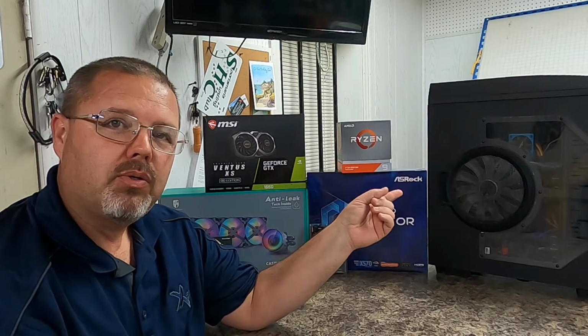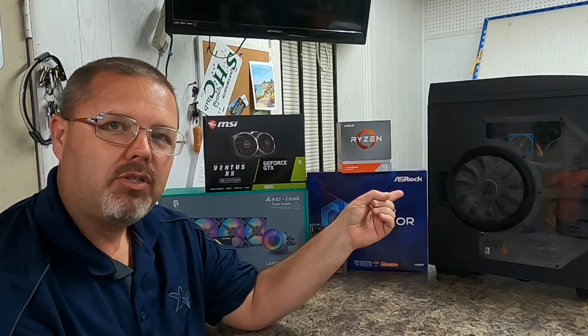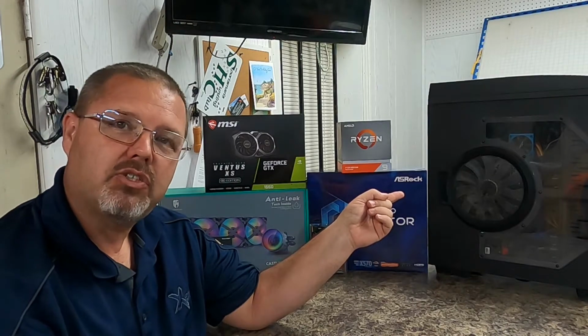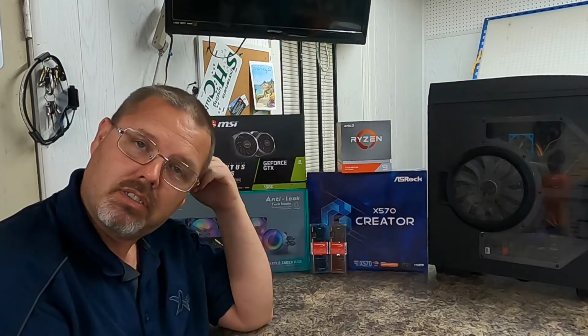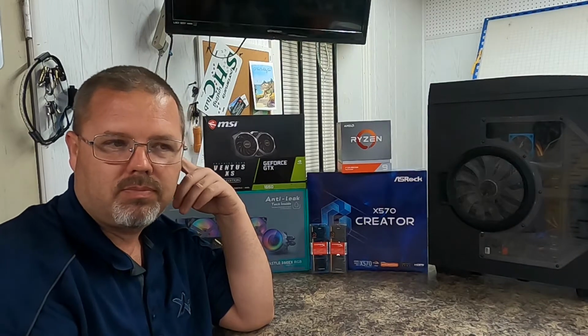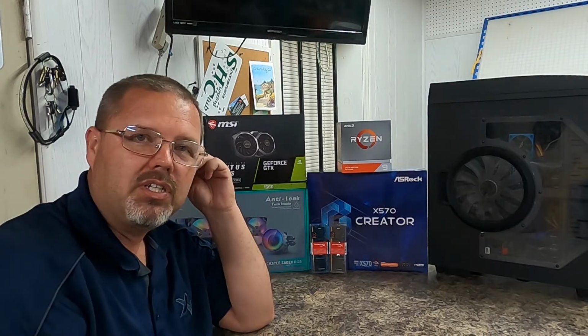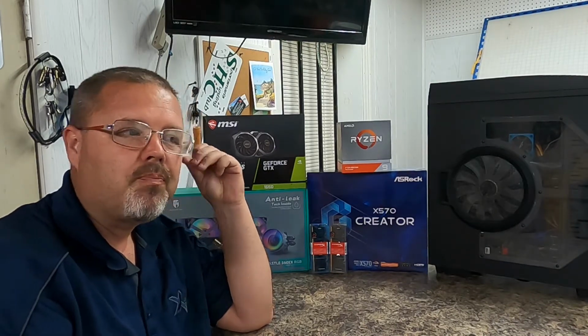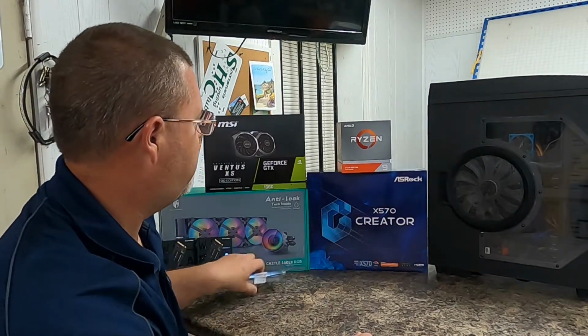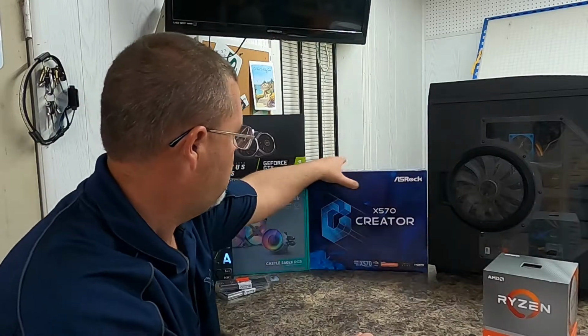So when I built that computer, it was 5 years ago, and I used an ASRock 990FX Extreme 9 chipset. And there wasn't much support, and it wasn't easy for me to get processors and memory chips to do right. When I looked it up, there's a lot of problems with it. So all the research I did led me to this. So we're starting with the ASRock X570 Creator